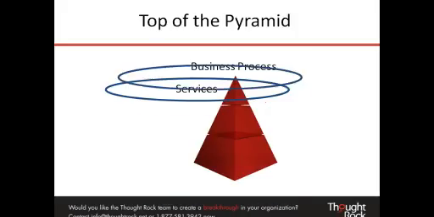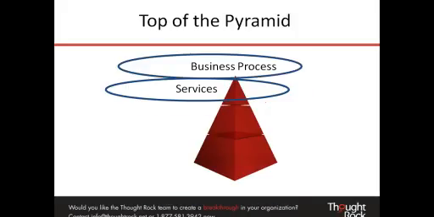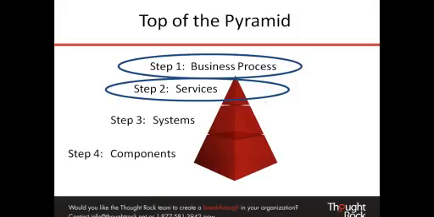So really, the top of the pyramid are business processes. Services are the next step down, the IT top of the pyramid. These are our first two steps, and if I bring up the rest of the diagram here, the rest of the structure and the rest of the steps is that once you start with the business process and you're understanding what the business does and what it's trying to achieve, then you can go through